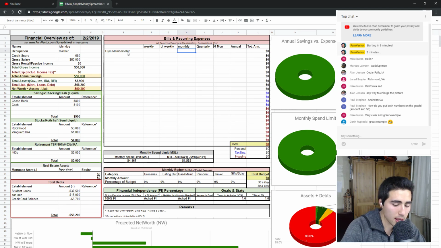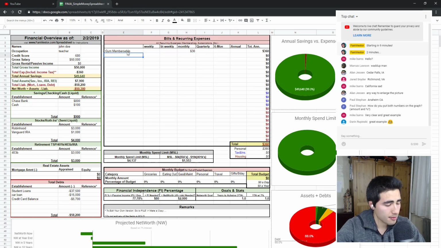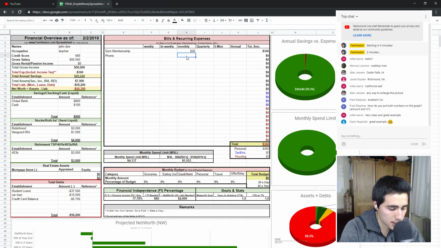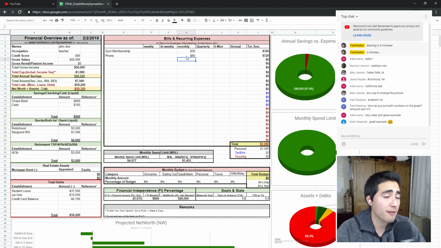He pays that monthly, $30 a month. Let's say a phone bill. And you can put it in anywhere here as a weekly expense, bi-weekly, monthly. It'll all calculate as annual expense. It'll total itself up. So phone bill, let's say he has a $60 a month phone bill. I feel like that's the average these days. Let's say he pays for internet at $30. I mean, that's kind of cheap, but maybe he shares with someone.